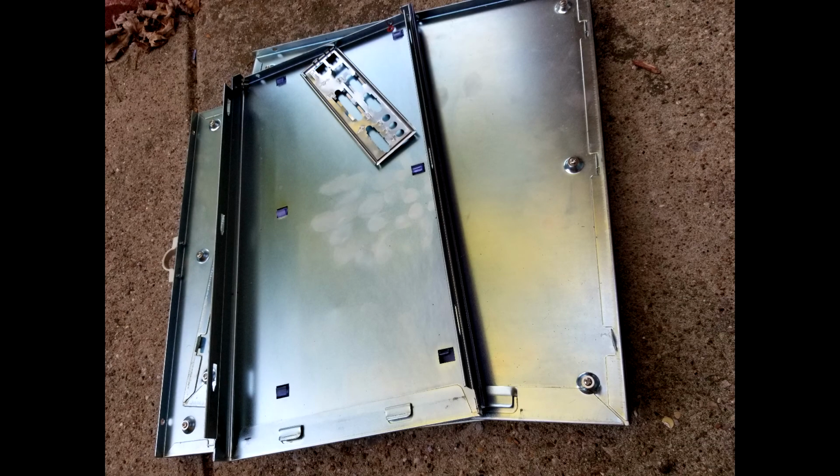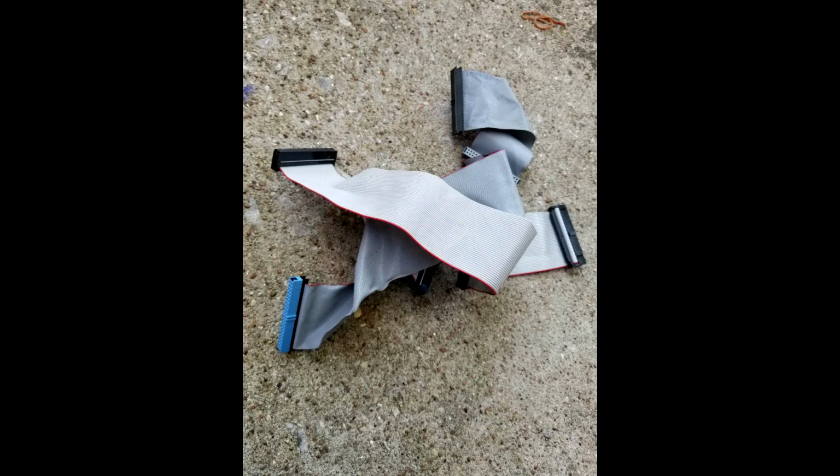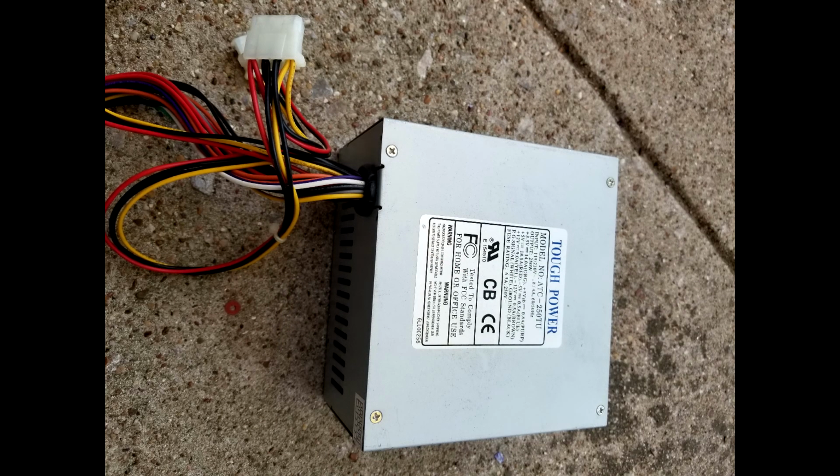So yeah, quite the interesting computer to work on. Let's see what we got. We got a lot of heavy sheet metal and a nice pile of screws. Lots of little wires that are holding everything together, including a little adapter there. Some ribbon cables, of course, as well as a power supply,